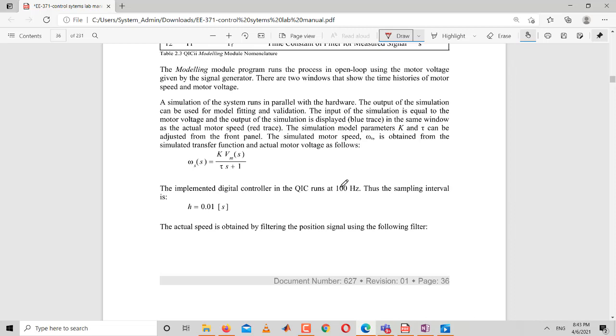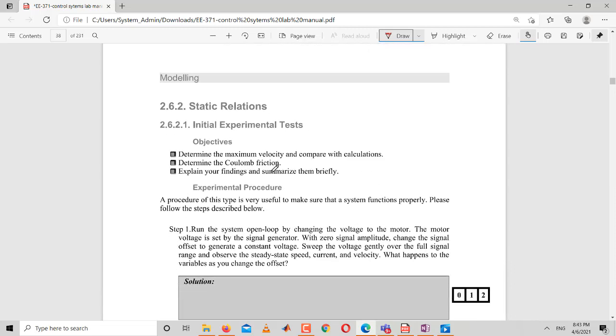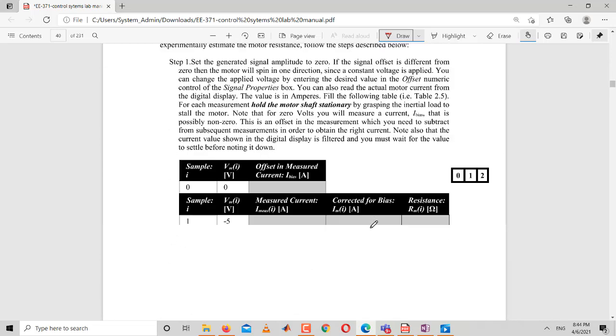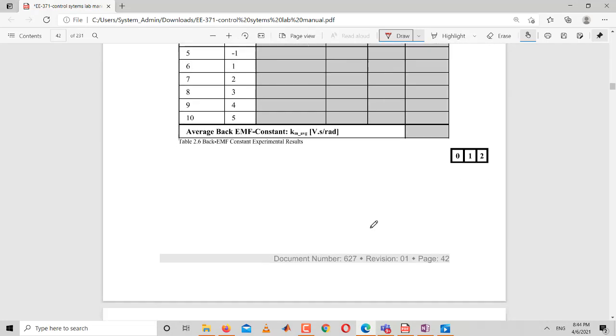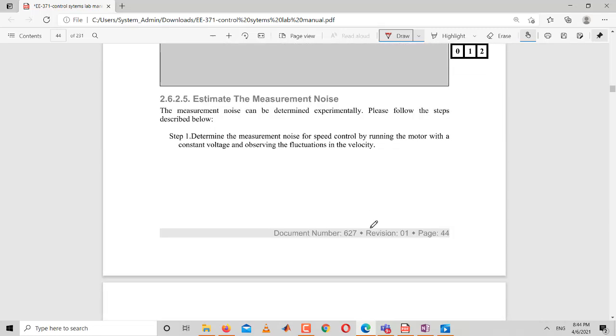So we have been given the relation for omega, which is basically the transfer function of your system: 1 by tau s plus 1, where omega is the output and V is the input. If you want to write the transfer function as output over input, omega by V, it would be capital K by tau s plus 1. This is the transfer function of your plant. I will be explaining them with the help of a video shortly. But for now, you have to complete the derivation part. Please answer the questions neat and clean, and take a picture of your solution and upload it in the assignment portal for today's lab.